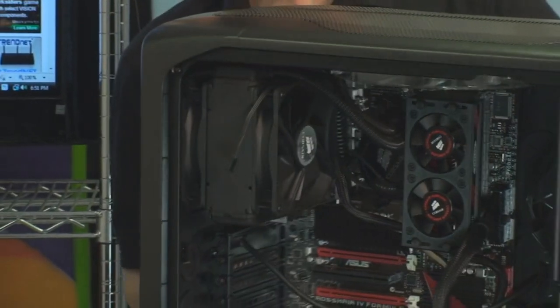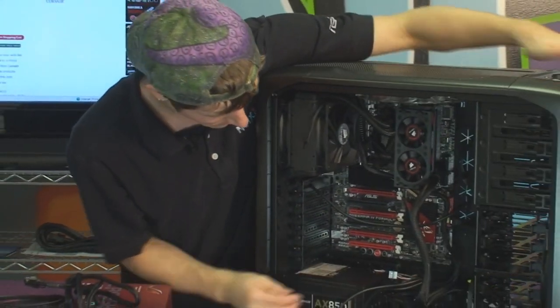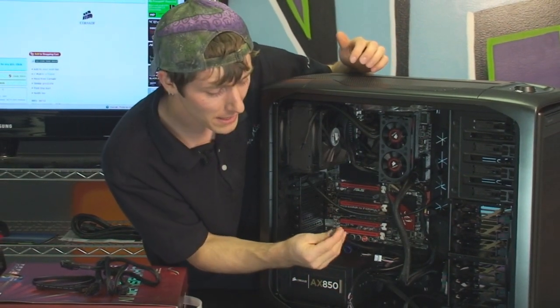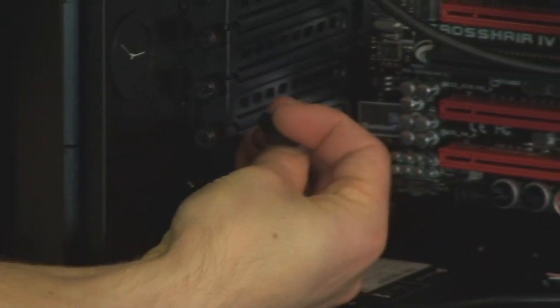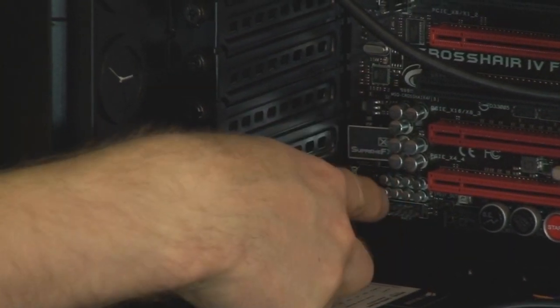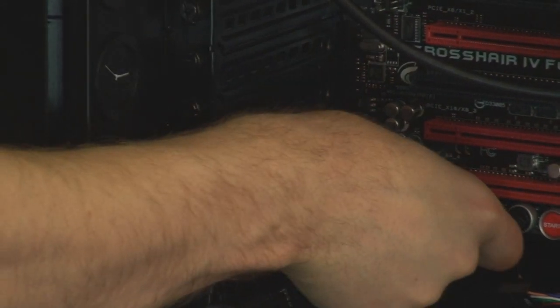Next step, and this is where sometimes you will have to consult the manual, although I believe with their Republic of Gamers boards, they're usually pretty clearly labeled. So next we have front panel audio, so we're going to hook up the HD audio. Come in for a close-up here. And you can see there is one pin that is actually blocked out on there. Can you see that? Blocked out pin. And there's one pin missing from the front panel audio header. So you just plug that in correspondingly,